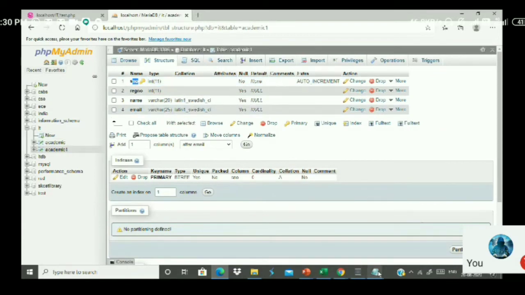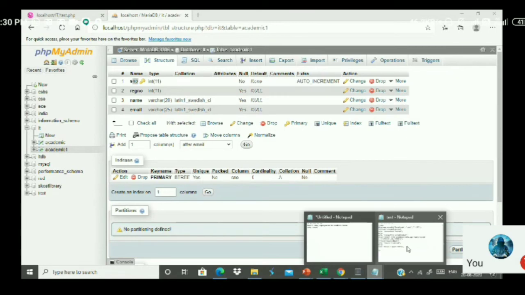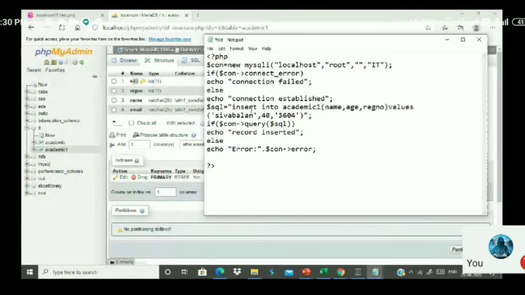How to insert inside academic1. I take up this one, and instead of academic, I write academic1. Which data do I have to insert first? I want to insert register number, so register number should be the first one. What is the second data I want to insert? I have to insert name here.